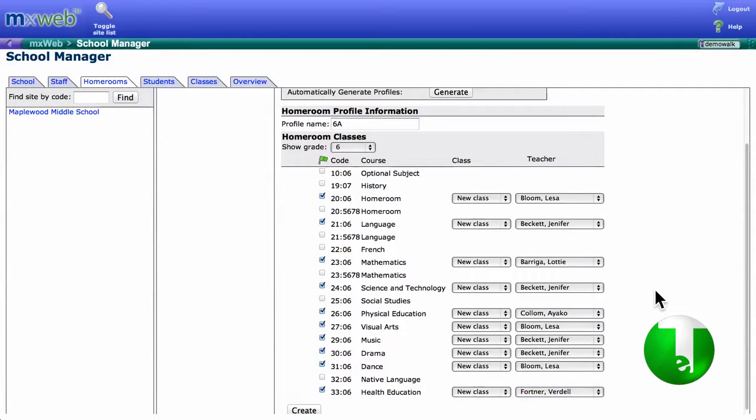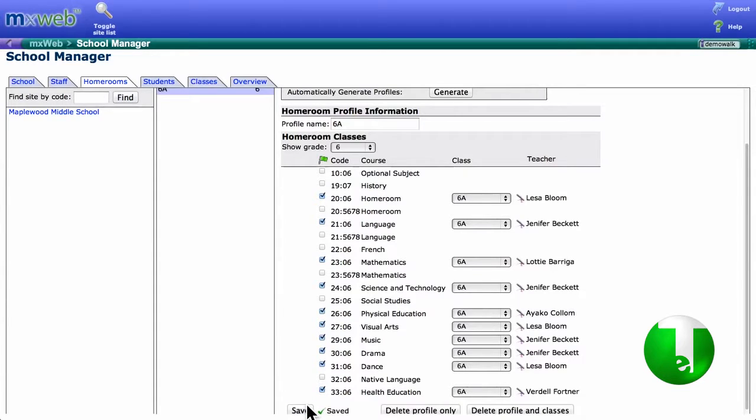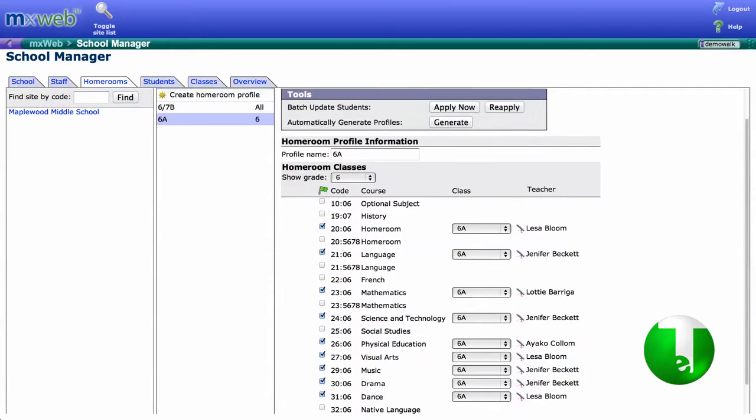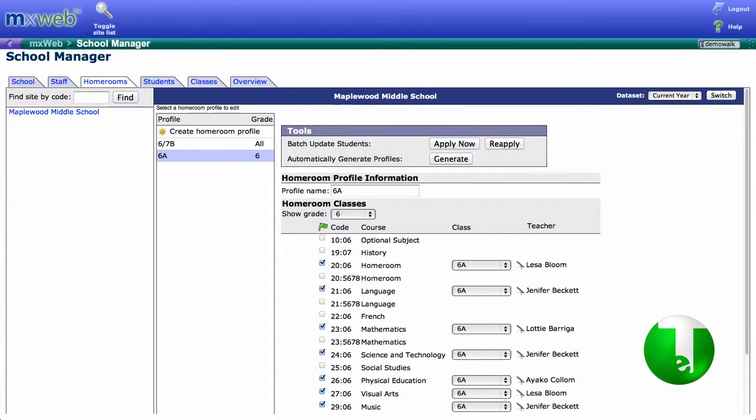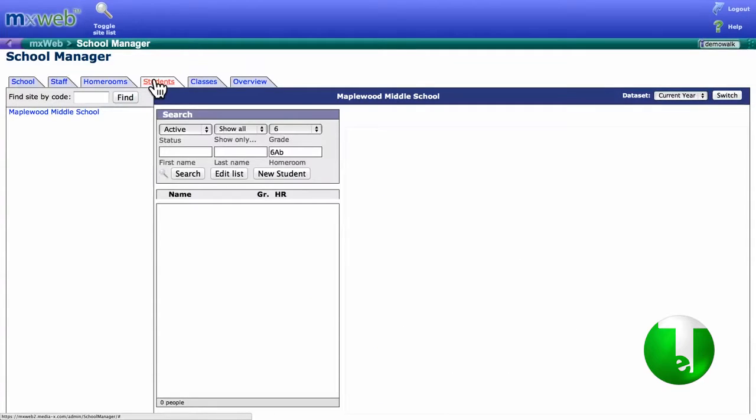And we're done. So now we have a profile for all the classes for 6A, and we're making the initial exception for physical education, in that this will be assigned to the girls. So I've chosen the female instructor here. I'm going to go ahead and click Create. And now we're interested in applying the female students to profile 6A. So I'm going to go over to the Students tab,